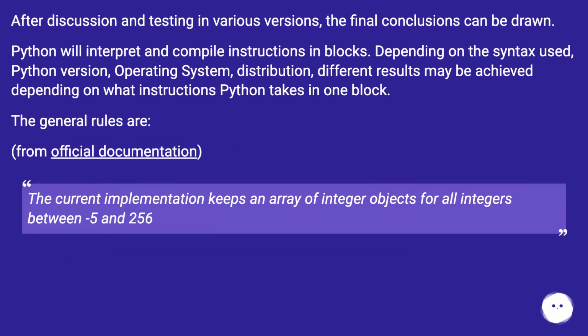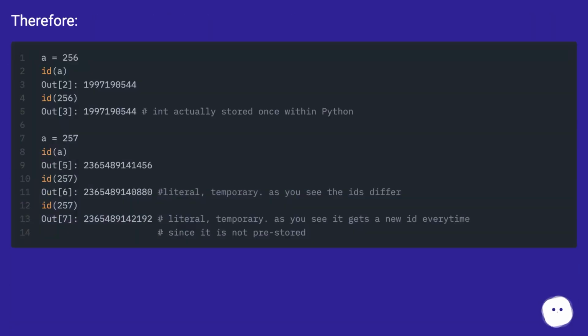After discussion and testing in various versions, the final conclusions can be drawn. Python will interpret and compile instructions in blocks. Depending on the syntax used, Python version, operating system, and distribution, different results may be achieved depending on what instructions Python takes in one block. The general rules are from the official documentation: the current implementation keeps an array of integer objects for all integers between -5 and 256. Therefore,